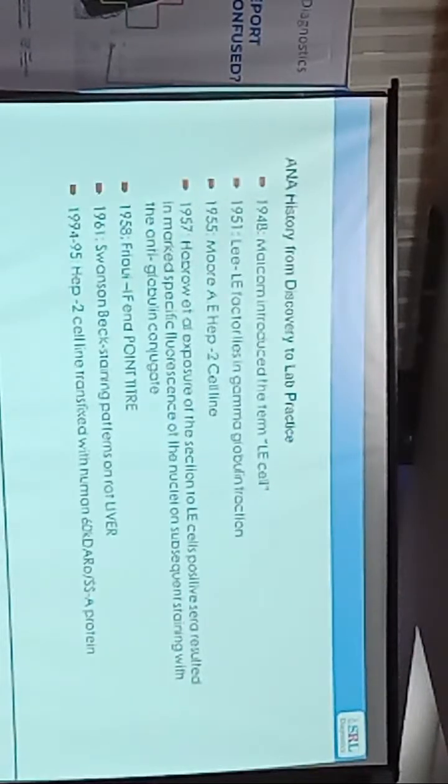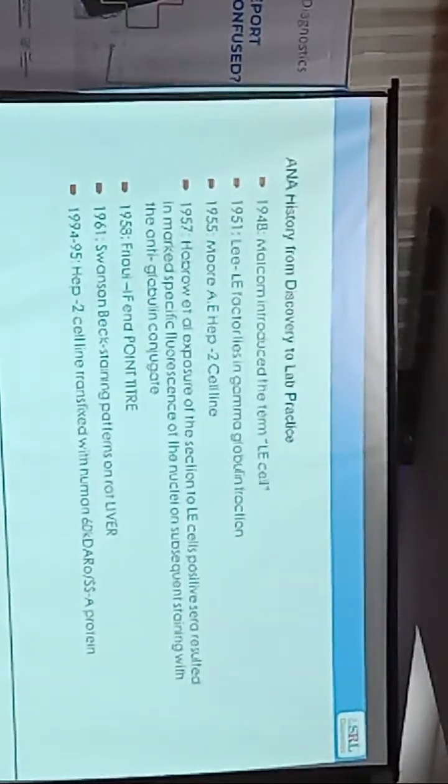A little bit about the history. The LE cell was introduced in 1948. The LE cell was the telltale sign of immunological disease. Here you see the LE cell, which is a neutrophil or macrophage that phagocytoses the nuclear debris of damaged cells. Then in 1951, the factor was located in the gamma globulin fraction. In 1955, the Hep2 cell line was developed, which is still followed right now. Hep2 is the substrate on which the ANA testing is done. In 1957, the